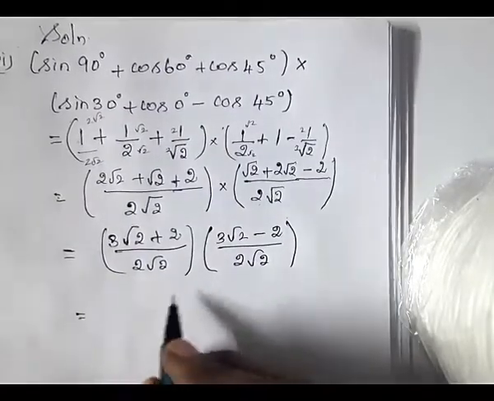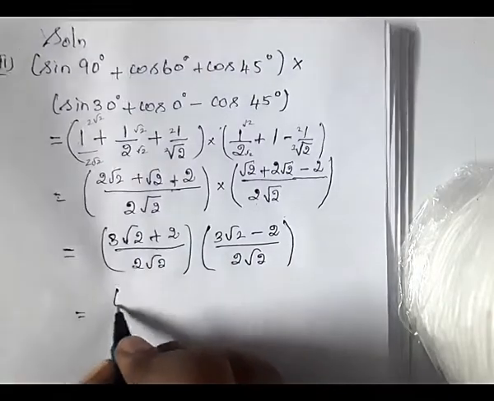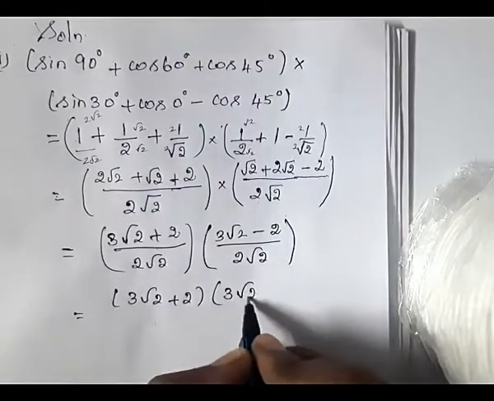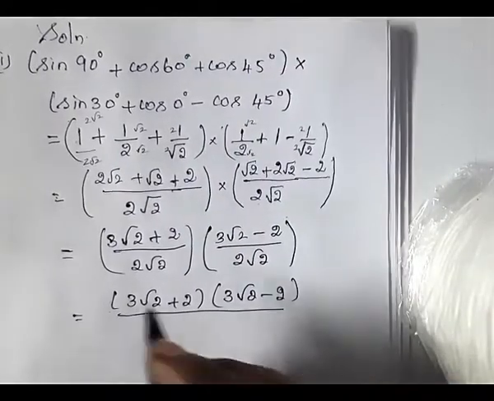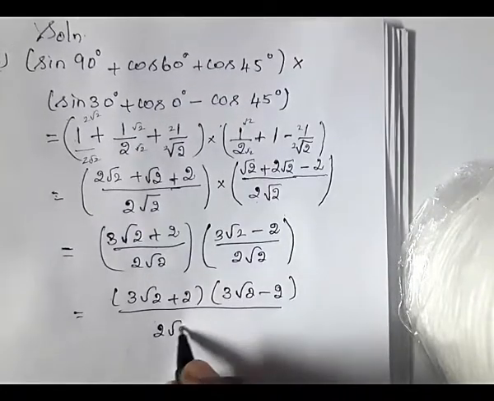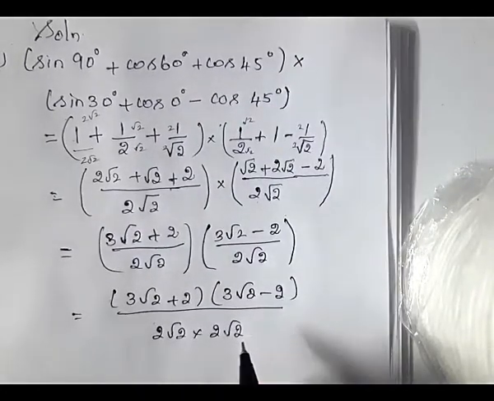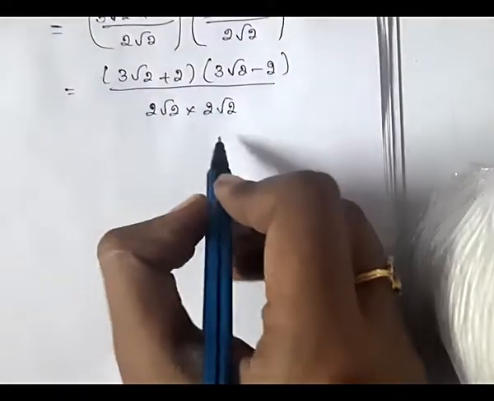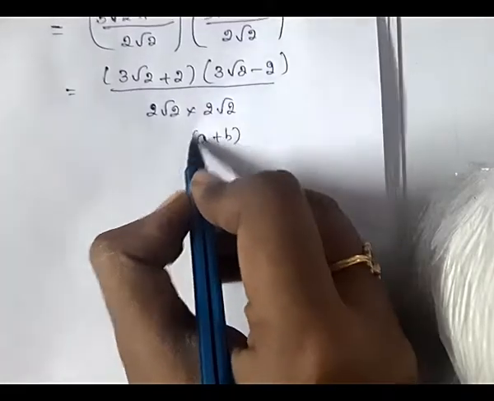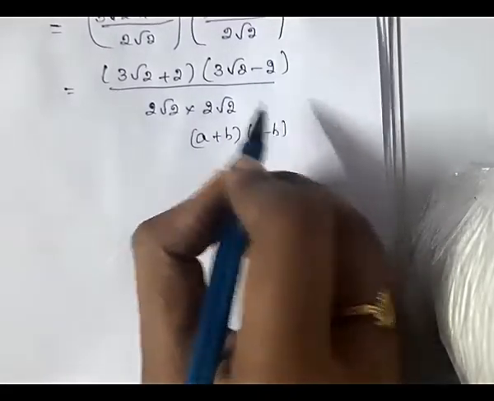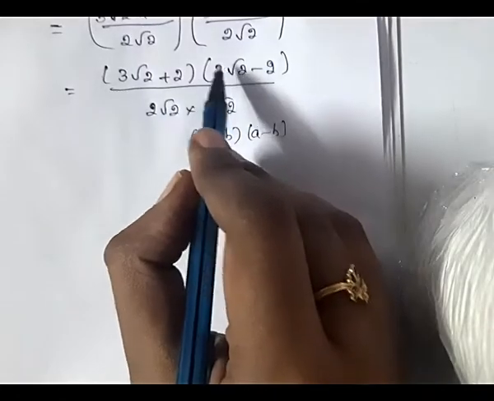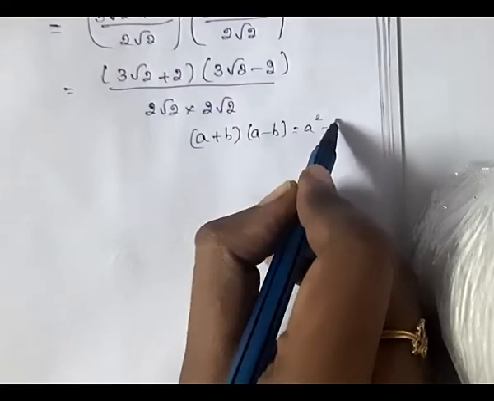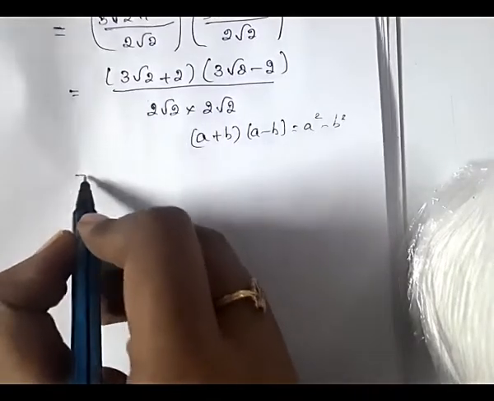Okay, then multiply the numerators and denominators. 3 root 2 plus 2 into 3 root 2 minus 2 by 2 root 2 into 2 root 2. Look, numerator is in the form of a plus b into a minus b. It is a plus b into a minus b. So what is the result? A square minus b square. So that is equal to